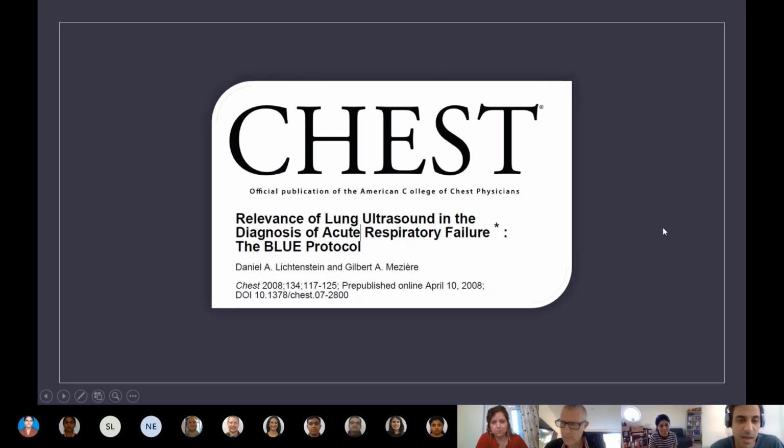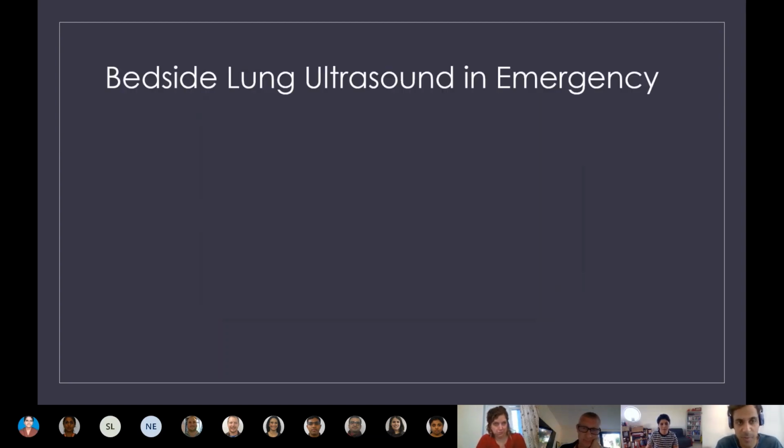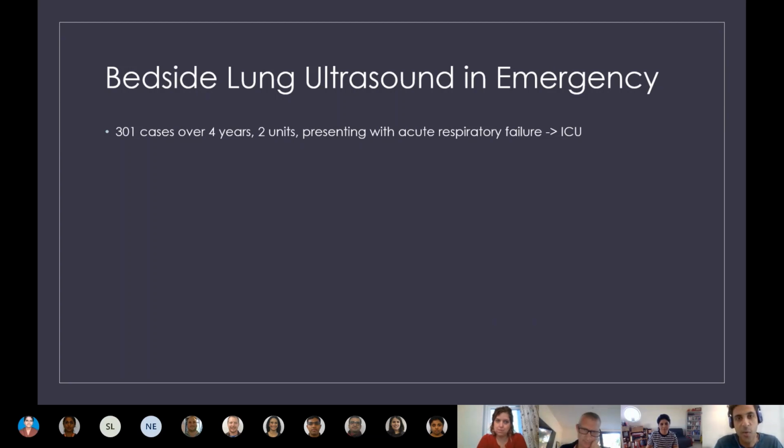It was written and carried out by two French intensivists, Daniel Lichtenstein and Gilbert Armézier, who gathered the evidence and produced a very robust protocol with quite high accuracy, which can be used by fairly novice sonographers to come to an accurate diagnosis. So that's the paper, and let's run through it and see what evidence is presented. The Blue Protocol was carried out over approximately 4 years,